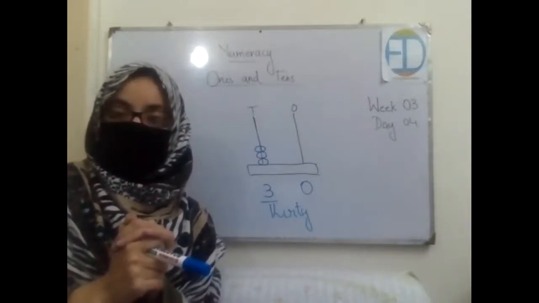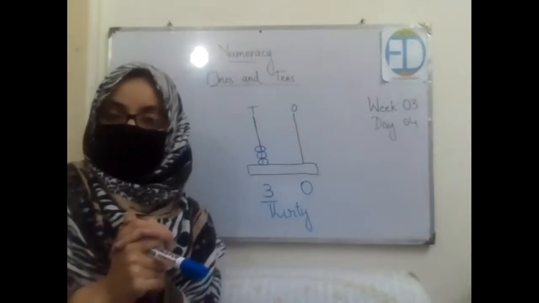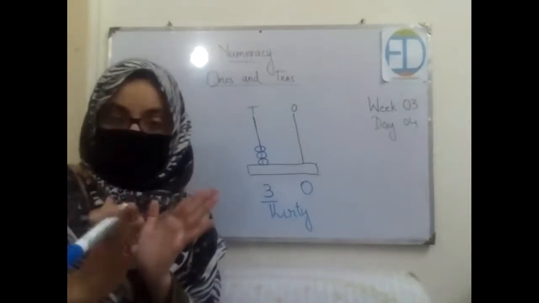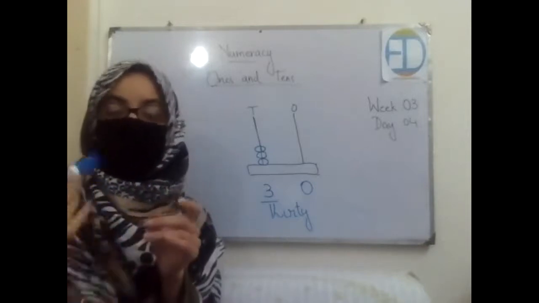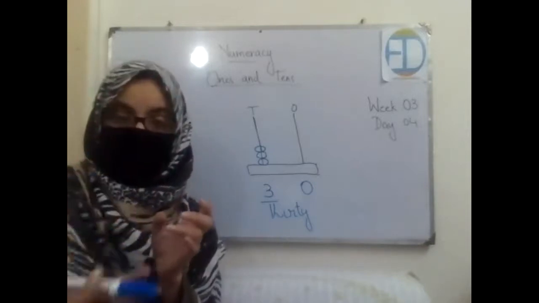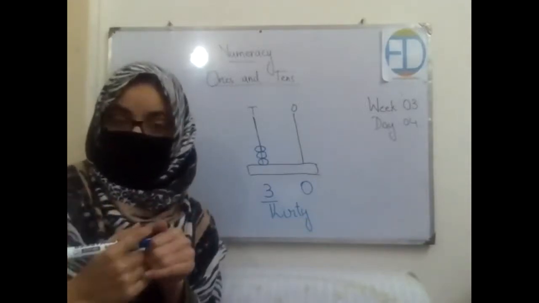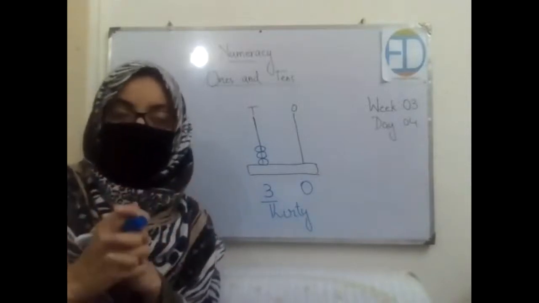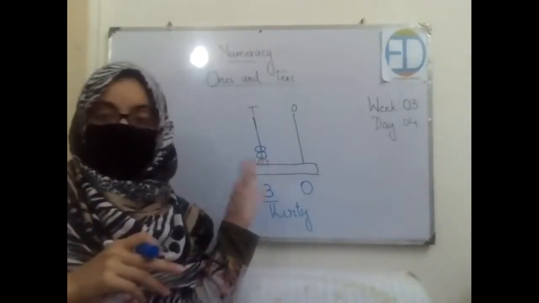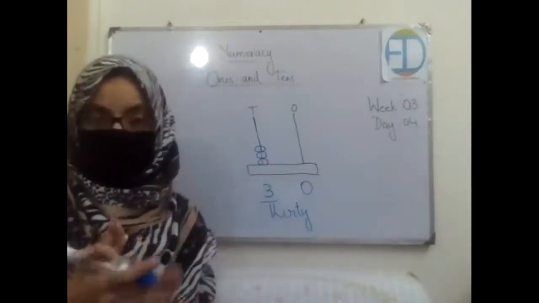We were working with the topic of place values, and I told you that in mathematics we have some special values assigned for the numbers, and we are supposed to work accordingly. If we do not follow those positions for the numbers, our answers would be wrong, and our whole mathematical operations will be wrong, right? So that is why we place numbers according to the values preset by the mathematical rules.